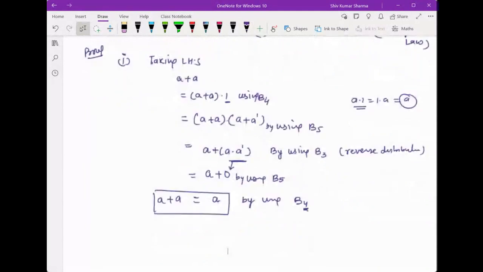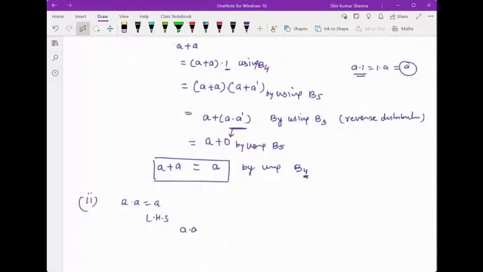Similarly, try to solve the second part: A into A equal to A. Taking the LHS part, we write A into A. In the first one we multiplied by 1, here we add 0. So remember how to solve this. You can write this as A into A plus 0